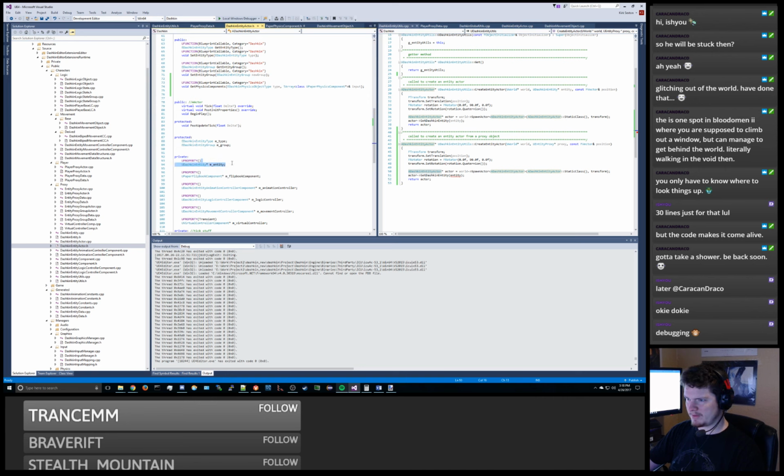And we probably also need an entity proxy on here. Do we need an entity proxy? I think we just need to make sure that the entity has the appropriate data on it, but it really doesn't have the appropriate data on it, so